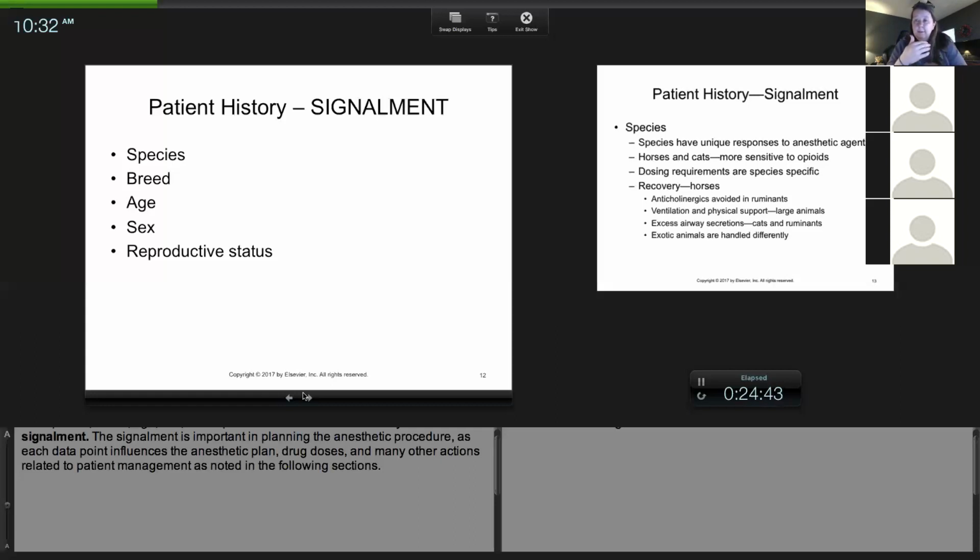Males that are intact sometimes tend to have more testosterone. So they sometimes need a little more sedation because they might be, I don't want to say bully, but sometimes they've got a little bit more attitude, for lack of a better term. Females that are in heat, if you're doing something while they're in heat, they need more fluids during surgery. They tend to bleed more. Sometimes they need a little bit more sedation. So reproductive status can lead to issues